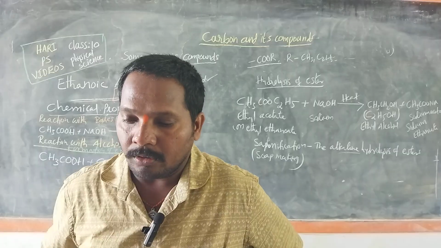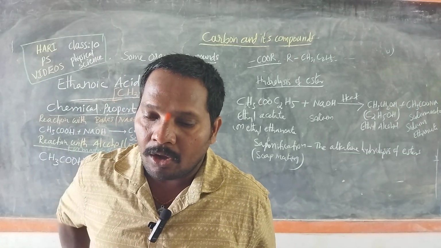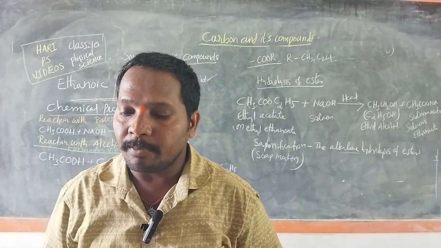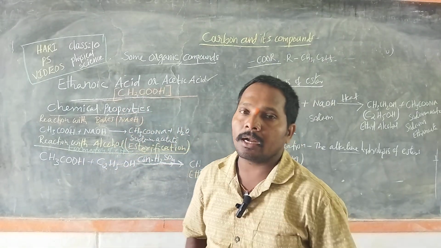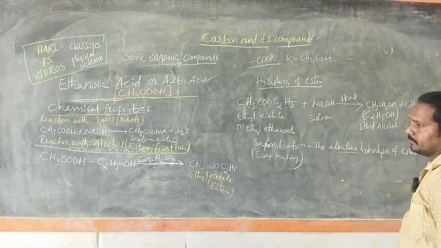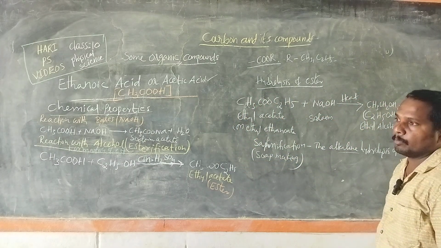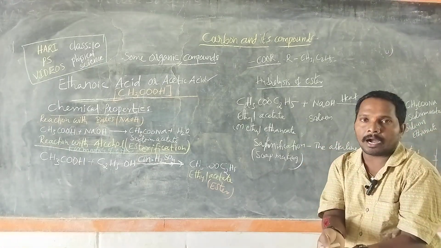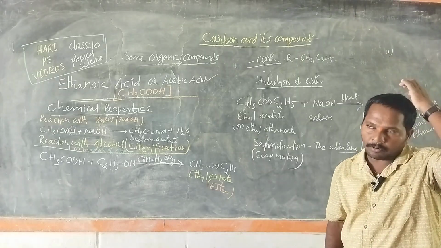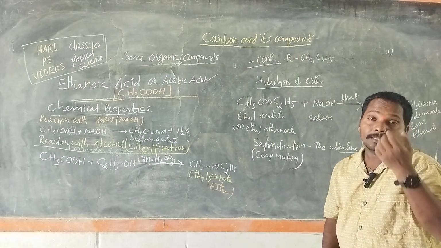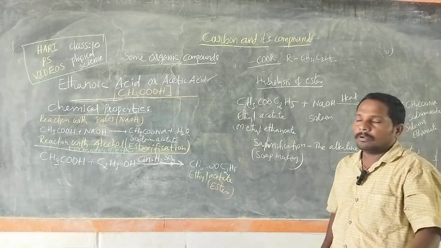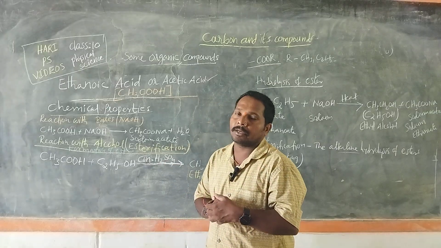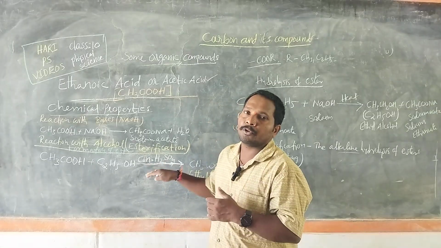The organic compound is warmed with some ethanol and 2-3 drops of concentrated sulfuric acid. A sweet smell shows that the organic compound is carboxylic acid. If we are given a compound and we don't know what that compound is, then for the given compound we add ethyl alcohol and 2 to 3 drops of concentrated sulfuric acid.